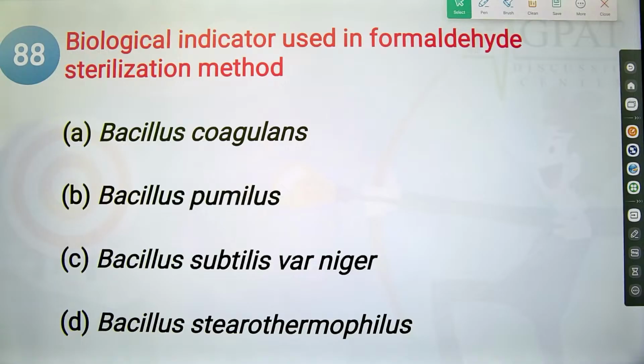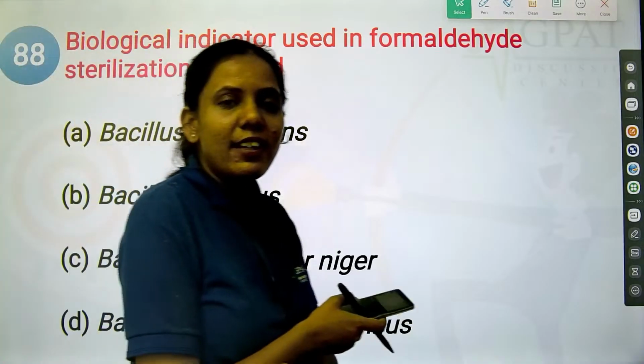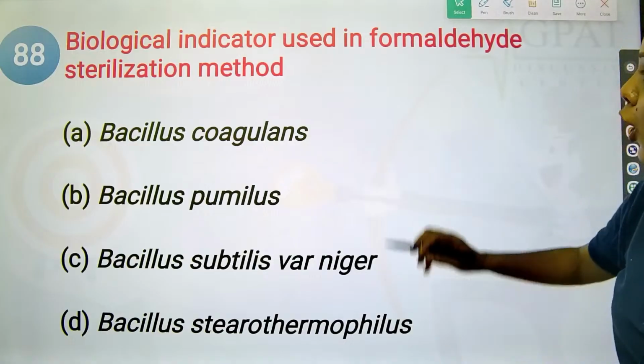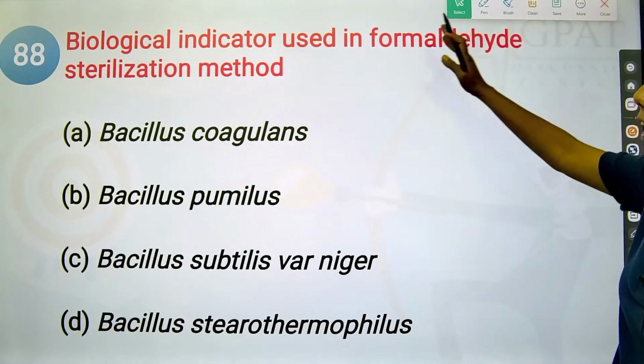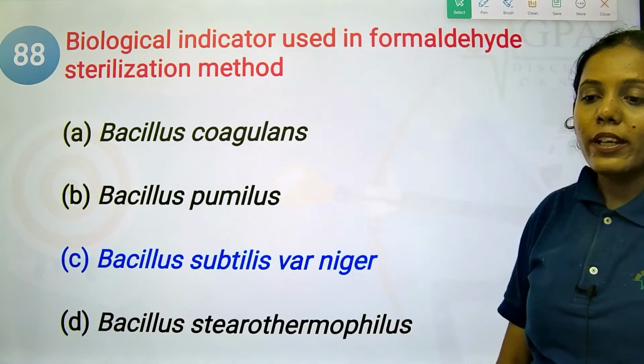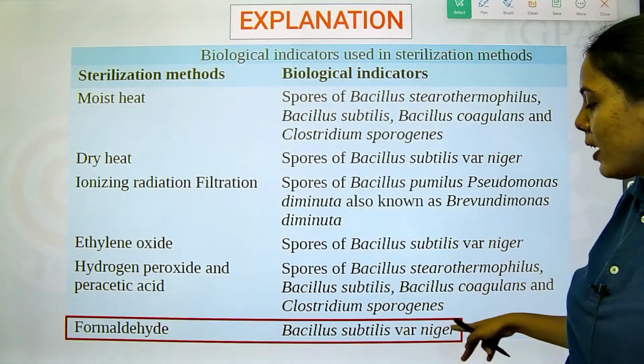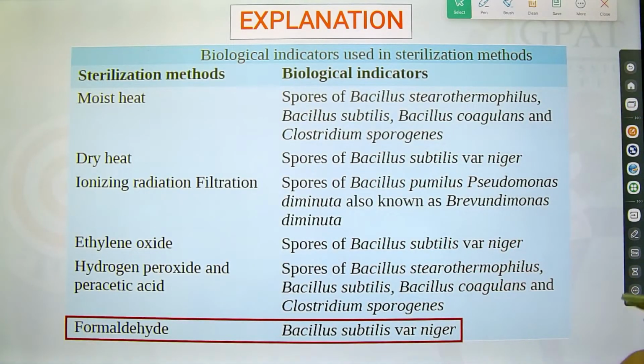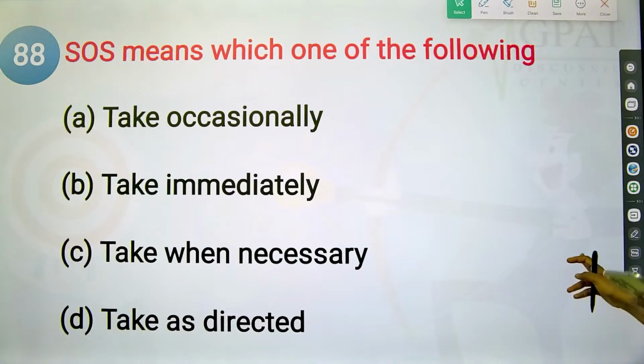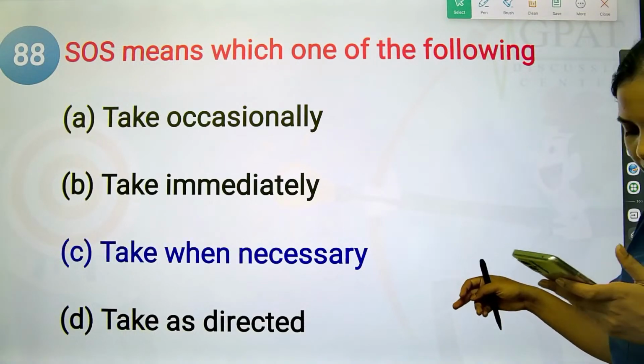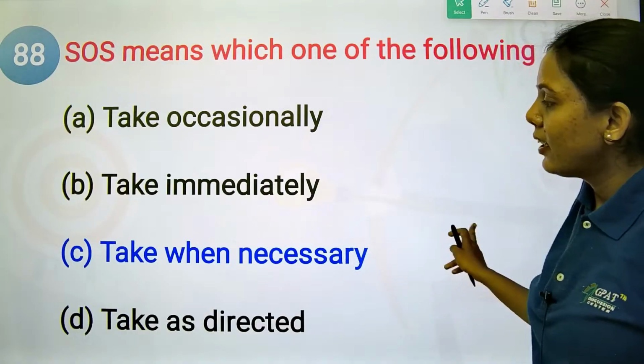So that is Bacillus subtilis variety niger. Option C, that acts as a biological indicator to check, this is the evaluation method for sterilization. So in formaldehyde sterilization, we are using Bacillus subtilis variety niger. Okay, very good. D is not there. C, right? Sana, 88 is C. Oh, sorry. Next is,